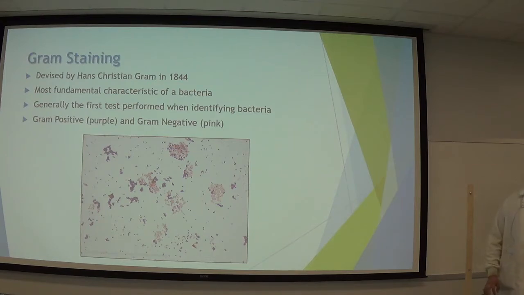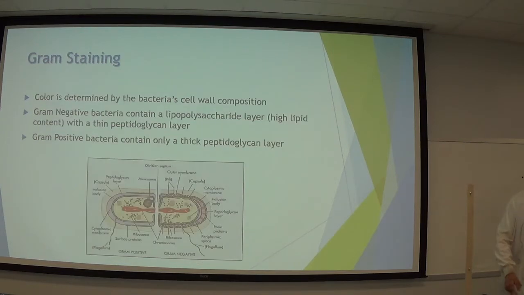With gram staining, we will be staining the bacteria themselves so that when we look at them under the microscope, we'll see the gram-positive bacteria will look different than the gram-negative bacteria. And you'll be able to tell which one's which based off of whether it's positive or purple or negative pink. So what gram staining does is it targets the bacteria's cell wall. The difference between gram-positive bacteria and gram-negative bacteria is their composition of the cell wall, meaning what it's made of,